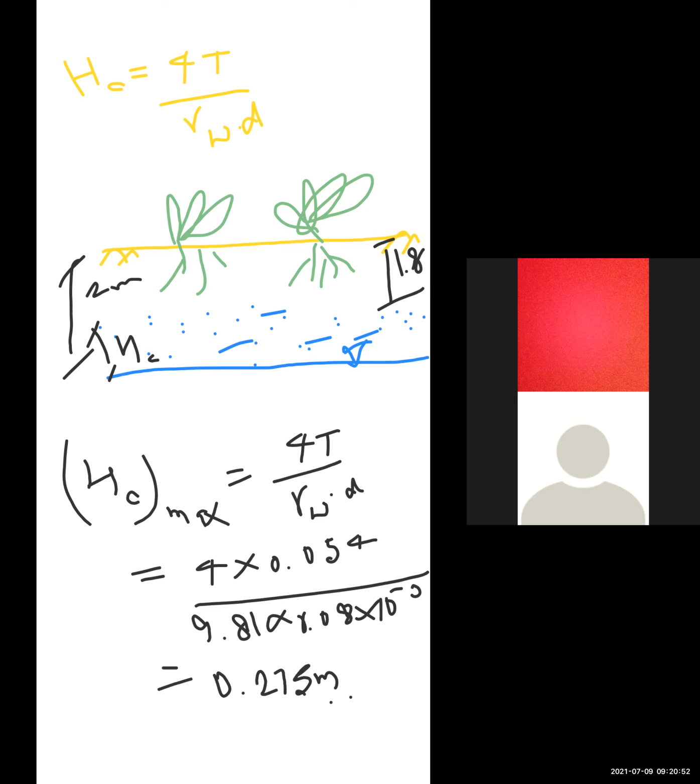and water level due to capillarity is 2.75 meter. So it is less than 1.8 meter below. So field is waterlogged. Field is waterlogged. So first portion is solved. For the second portion, for finding vertical position of tile drain, for knowing vertical location of tile drain,